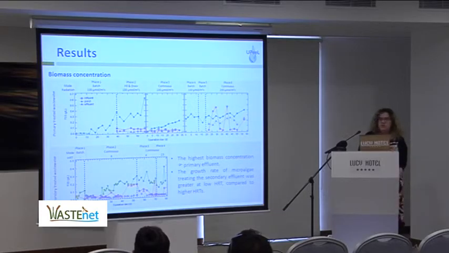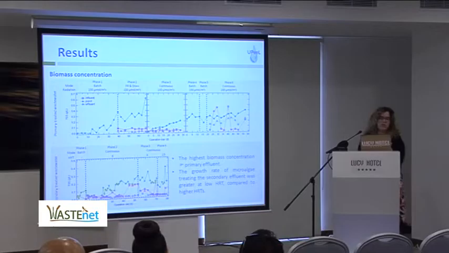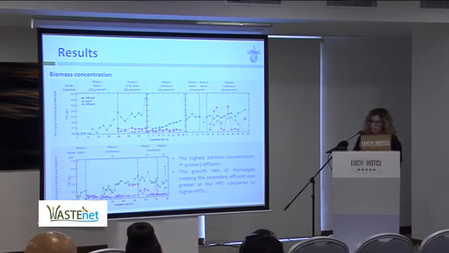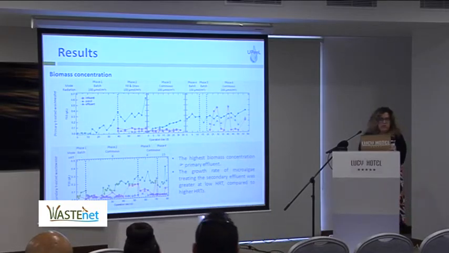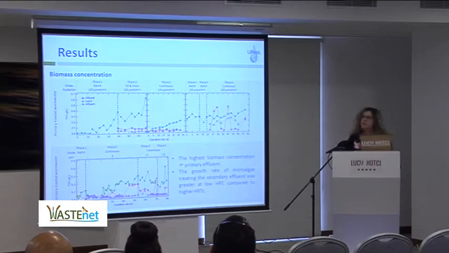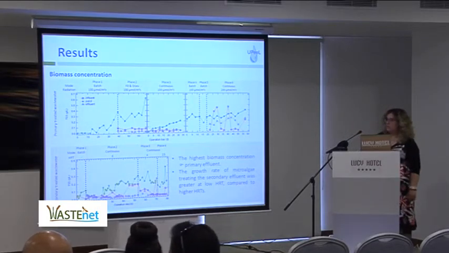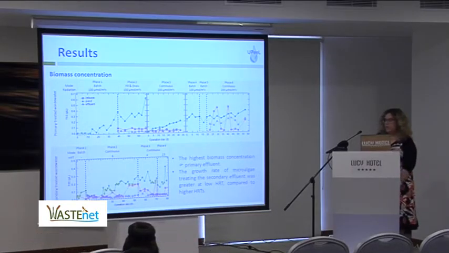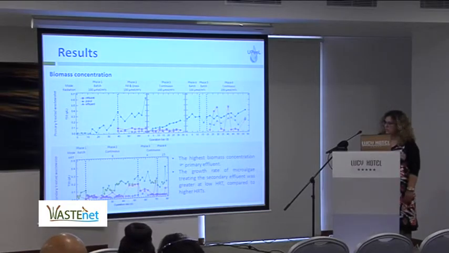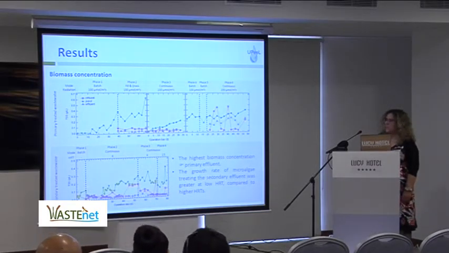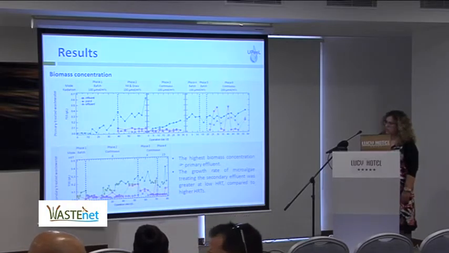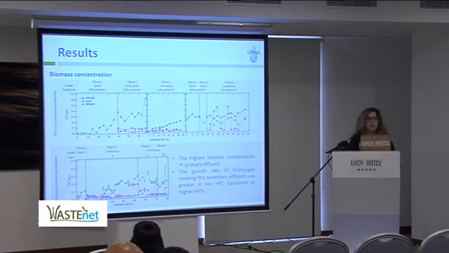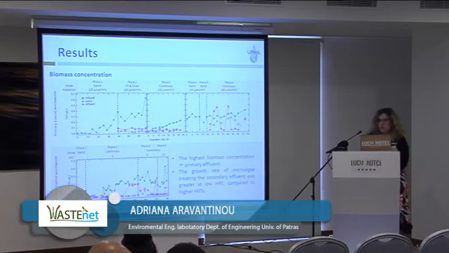Here we see some results from the experiments. In the second figure, we can see the secondary treated wastewater experiment, which was combined from 4 phases. And we can see that we have a logarithmic phase here in batch conditions, and in phase 2. And we can see a stationary phase for phase 3 and phase 4.